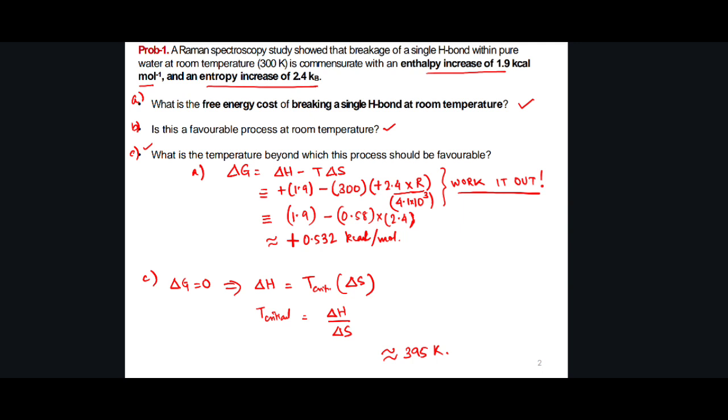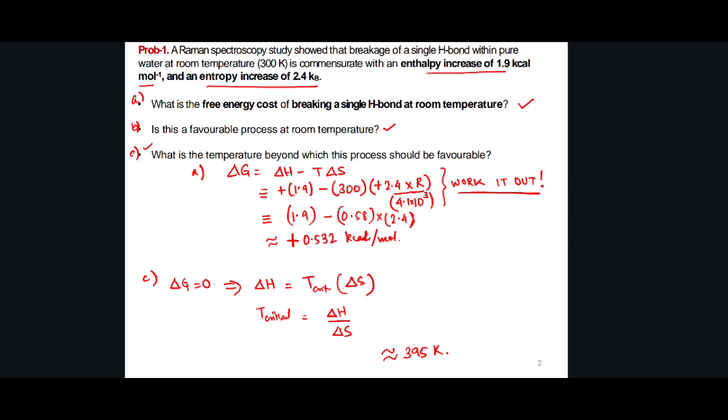So here we have a situation where I'm going to try to estimate the free energy cost of breaking a single H bond at room temperature within bulk water. Okay? So I'm going to, of course, write delta G equal to delta H minus T delta S. So delta H is an increase. So what sign should I give to delta H? It's going up, right? So I will put plus 1.9